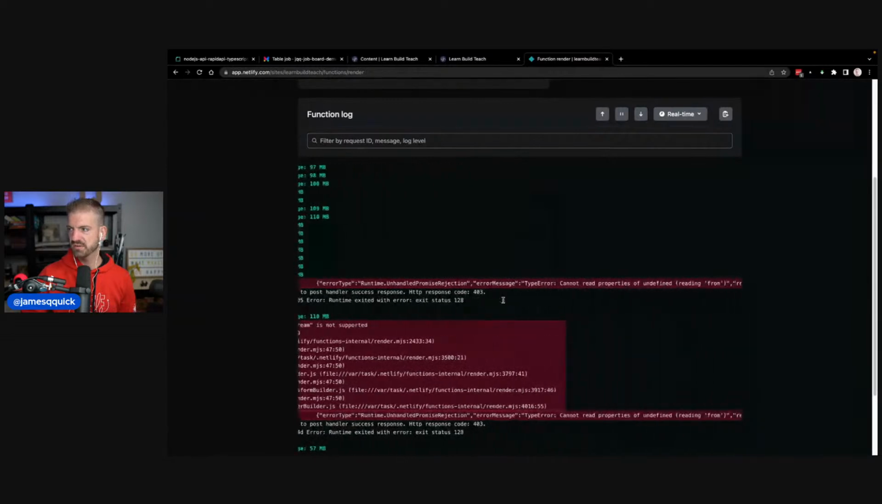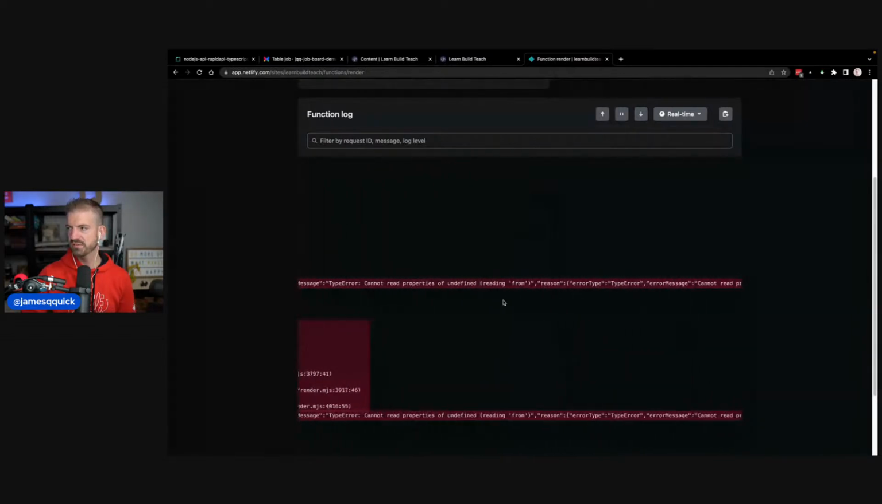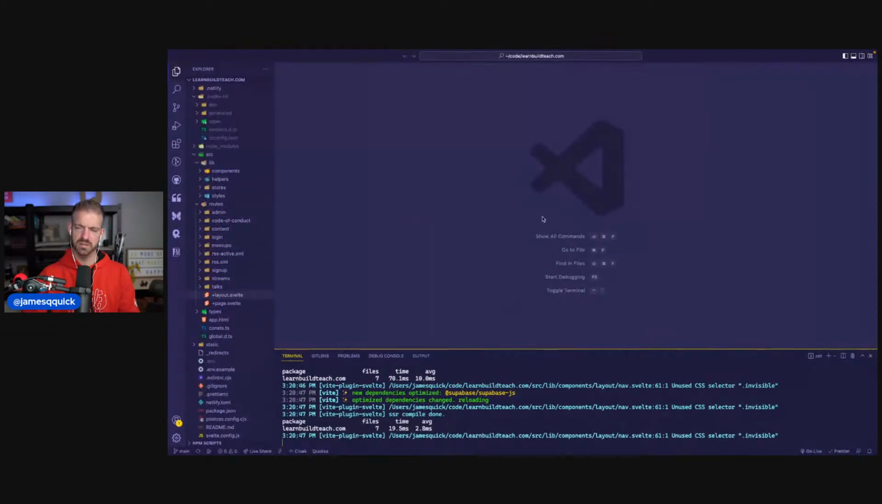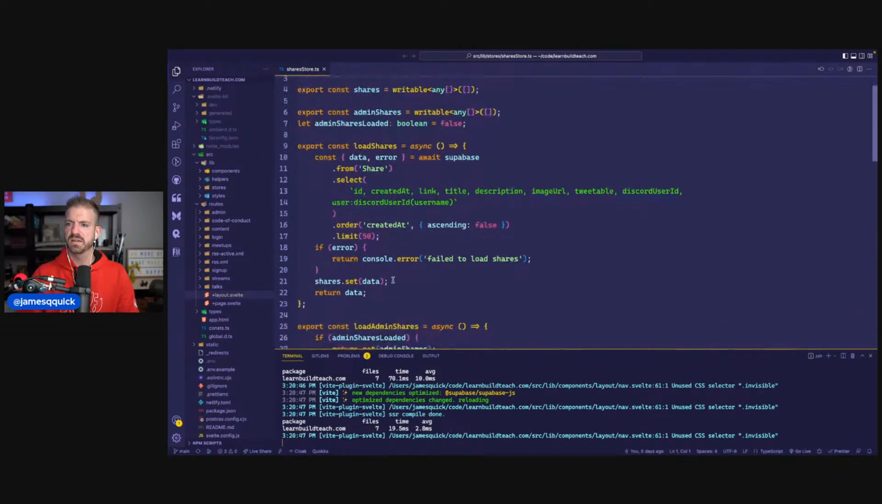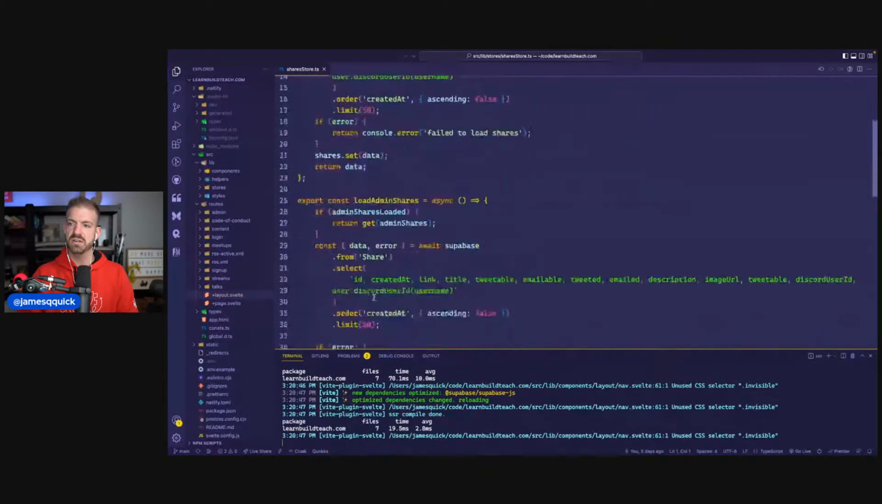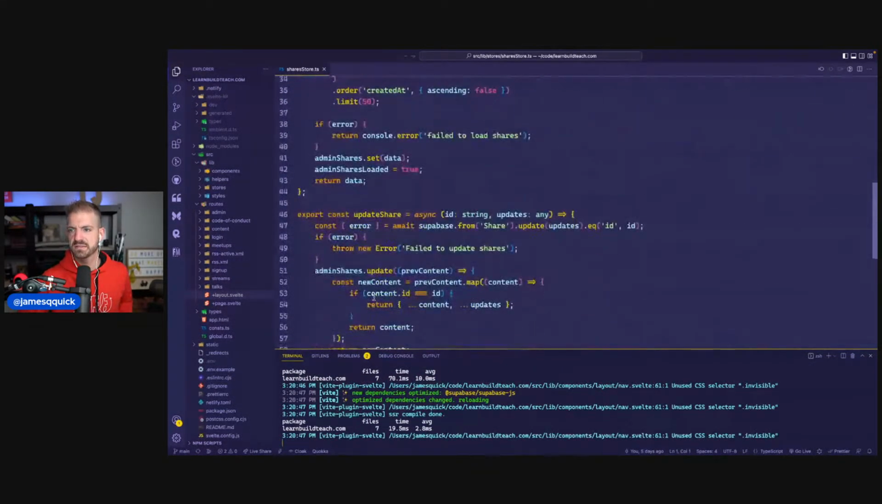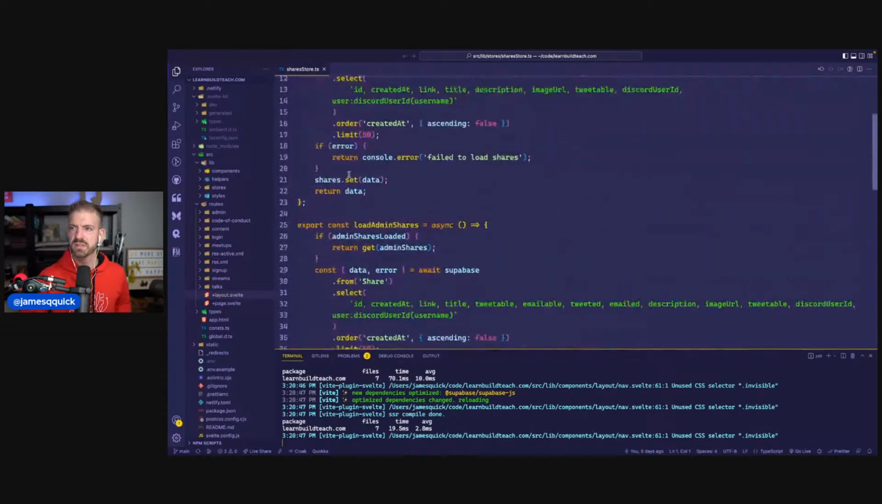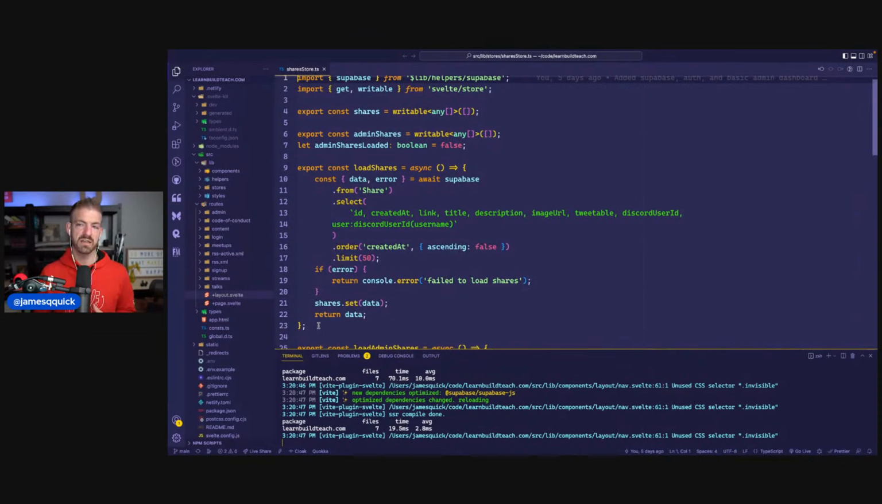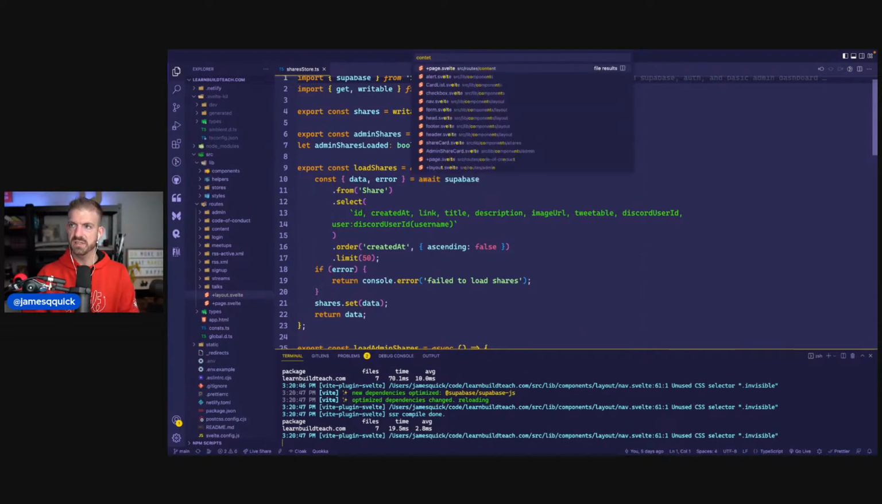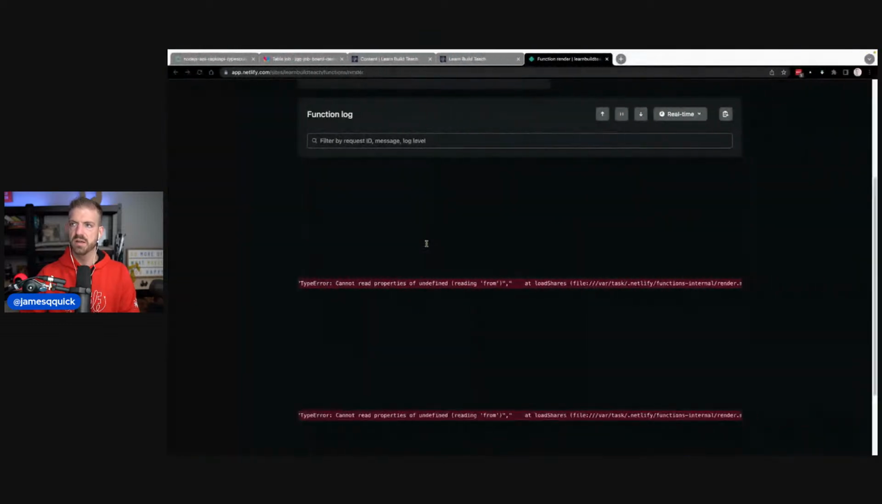Unhandled promise rejection: cannot read properties of undefined, reading from. So load shares. Actually, that's a little bit of a clue. The share store, where we actually store the shares in here, has a load shares function. This queries the shares from Supabase and then returns them, and it uses that inside of the content page. But unfortunately,